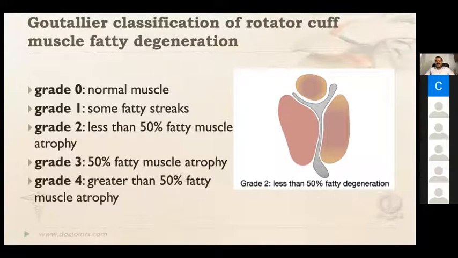Was there a comment or a question? Yeah, what is the other sign for fatty atrophy? The tangent sign. You draw a line from the upper aspect of the spine to the upper aspect of the body of the scapula, and if the supraspinatus is below that line, you say it is tangent sign positive. If the tangent sign is positive and is more than grade 2, then you be careful about rotator cuff repairs, because the results of rotator cuff repair may not be as good in an old rotator cuff tear.